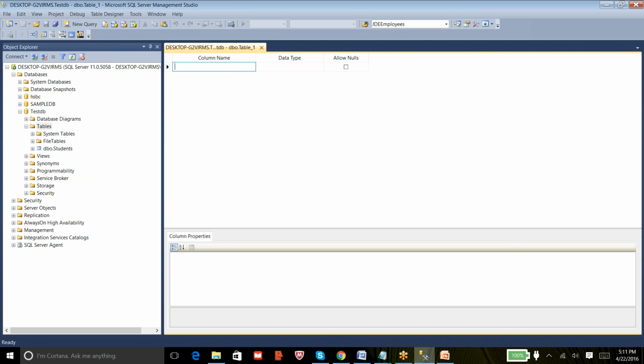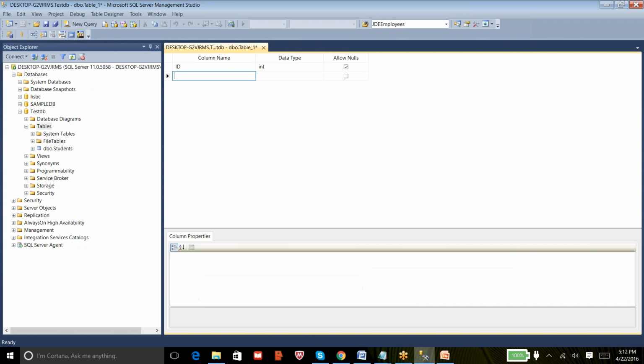If I say ID, then the data type should be, what I'm assuming in this ID column, I want to have only integer values. I don't want to have character values in this ID column. So to make that condition, I make it integer.